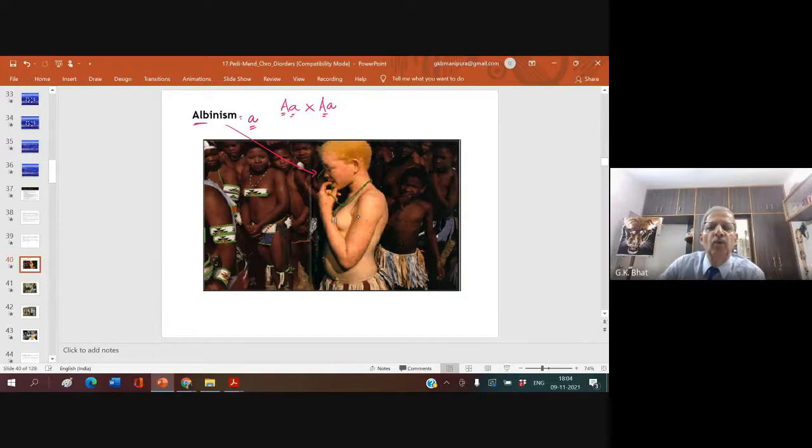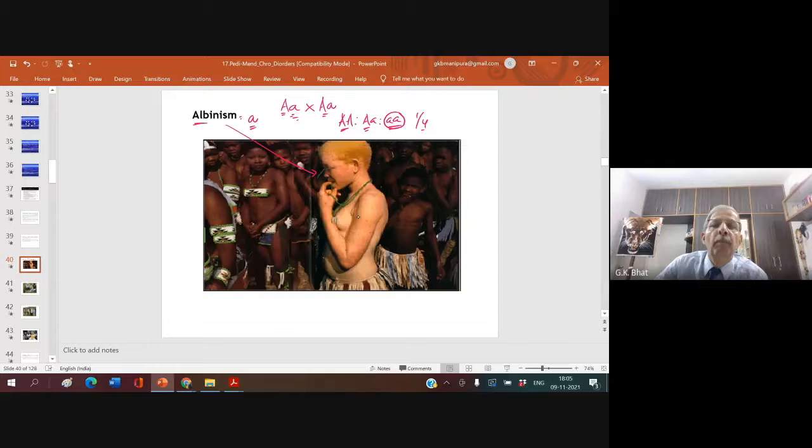They get married. What will happen? What will happen if they get married? They'll get an albino kid. Possibility, no? The third kid or fourth kid will be albino. They may get a kid with albinism. Here it will be normal, here it will be normal. Only 1 out of 4 will be the kid with albinism. Can one get married or no?